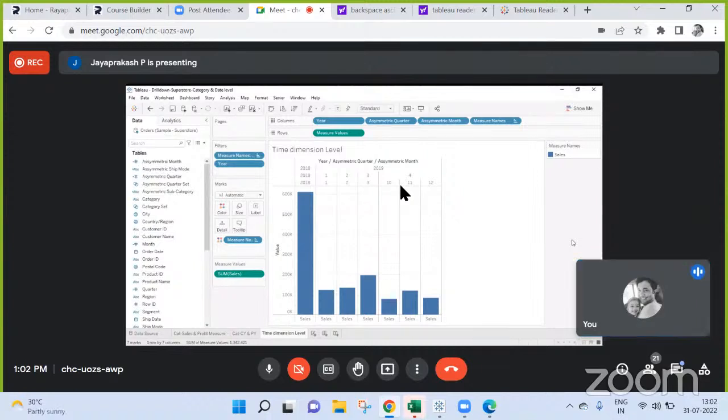Now here you selected on 2019, it should understand that it is that year. Again you selected on 4, it should understand that it is a quarter.